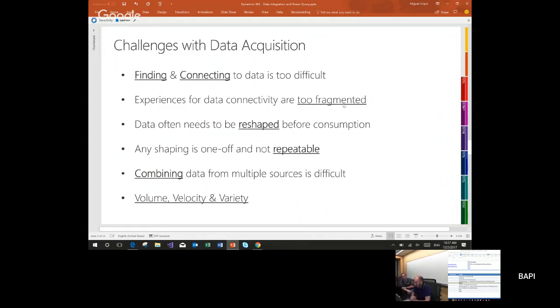Sorry about that. Okay, so far we've talked about complexity in finding data and connecting to that data, getting the data in the shape you want, and being able to make that a repeatable, automated task as well. But the thing gets even worse and more complex when you have to bring data together across multiple of these systems. Think about combining data into a single view or a single entity from a SQL Server table with a table coming from Spark with some data from a text file or an Excel spreadsheet, something like that.